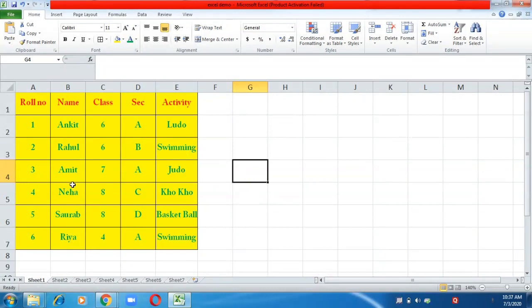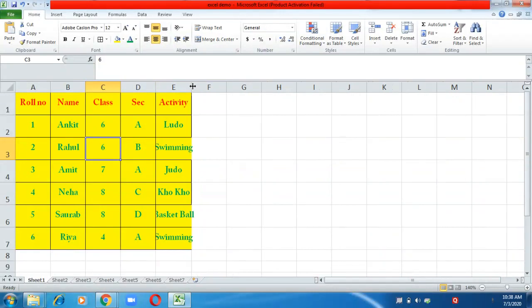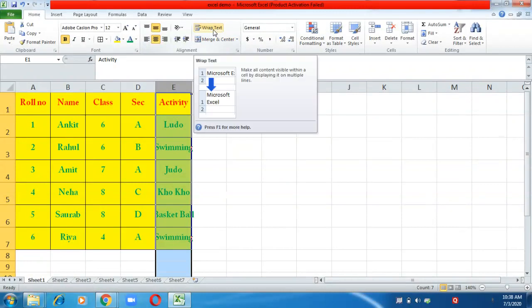Next is now how to wrap a text. Like suppose if I reduce the width of this, then swimming is not coming properly, basketball is not coming properly in the cell. So what I need to do, I have to click on column E and then go to the alignment group of the home tab, and there is a button of wrap text.